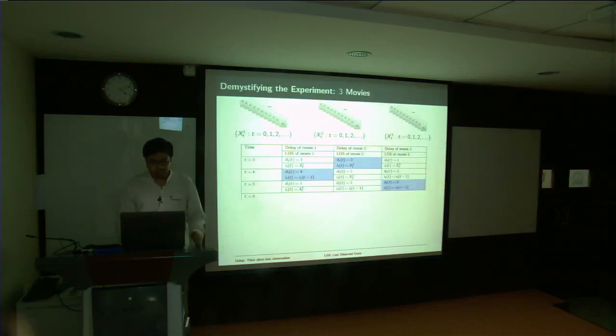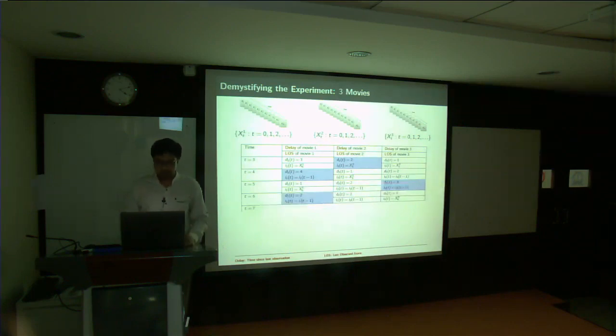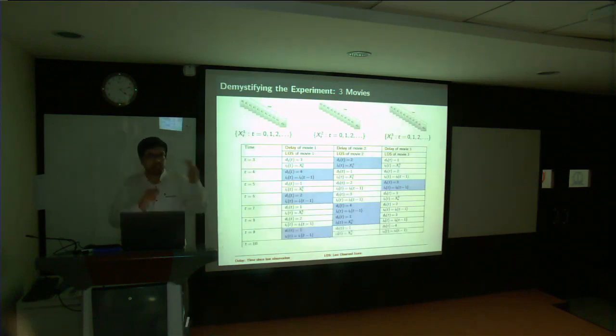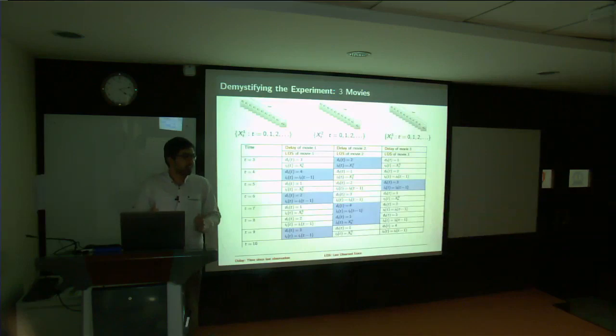There is a certain pattern that you see here. Exactly one of the delays, the d of t, is going to be 1. That indicates which one you observed in the immediately previous time instant. And all the other delays keep getting updated accordingly. Let's say you choose to observe movie 1 at time 6, its delay is going to get updated. You observe movie 2 at time 7, movie 2 at time 8, movie 1 at time 9. You keep shifting between various movie locations, and you just update these parameters accordingly.